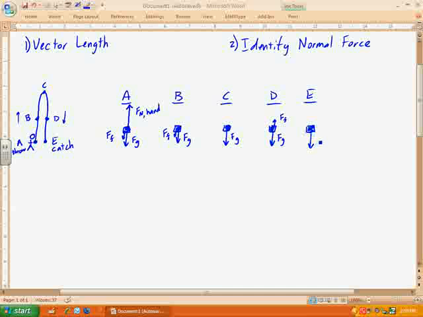You've got the force of gravity down. Note that all my force of gravities are about the same length. I messed up on this one. It's a little bit shorter, but they're all about the same length, showing that gravity is constant. The force of air friction is still up, but here, as I'm catching it, my hand again